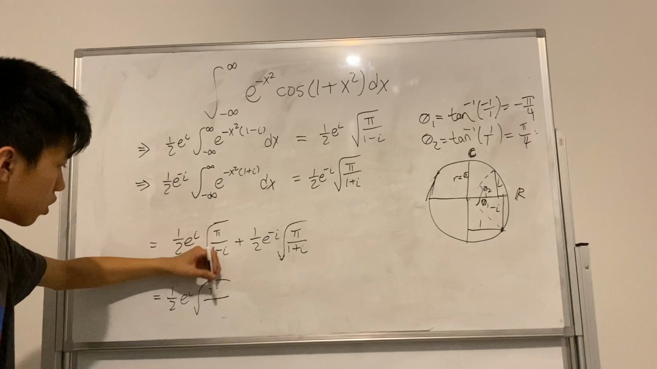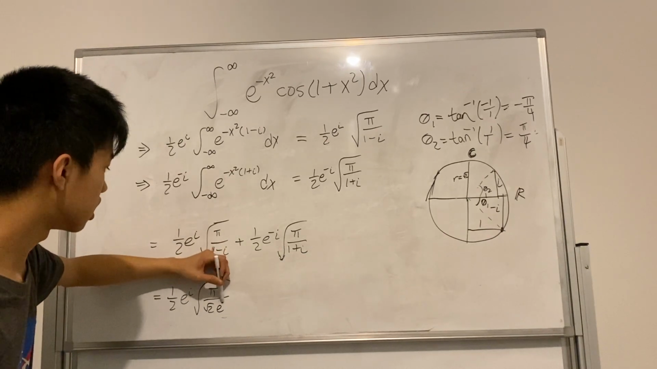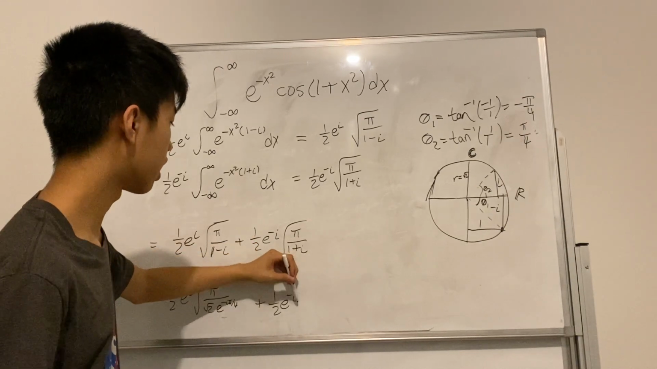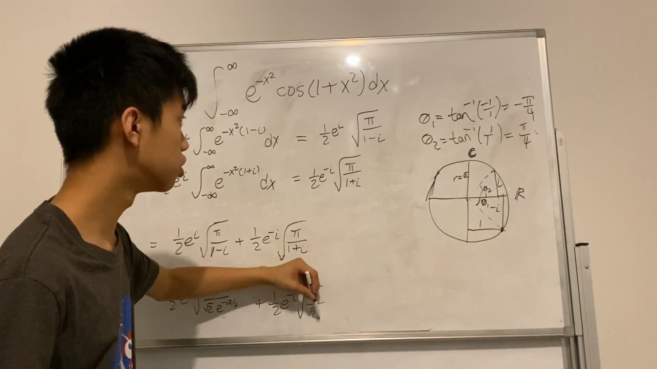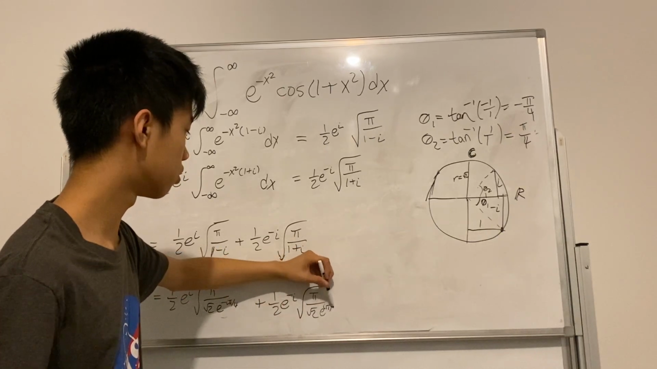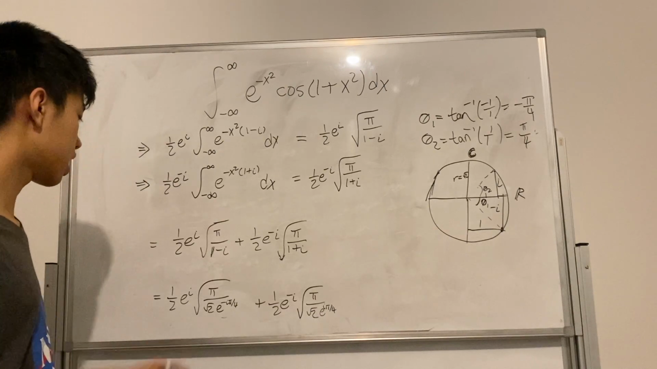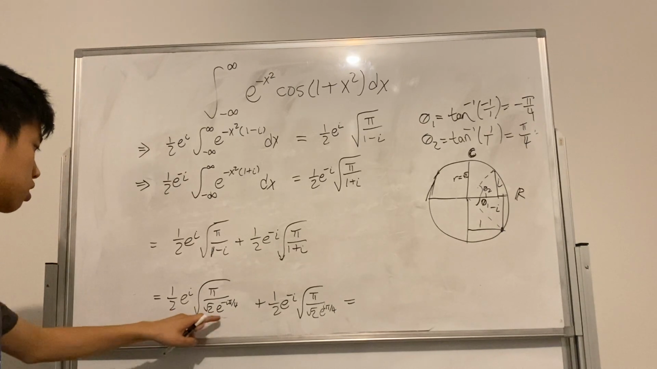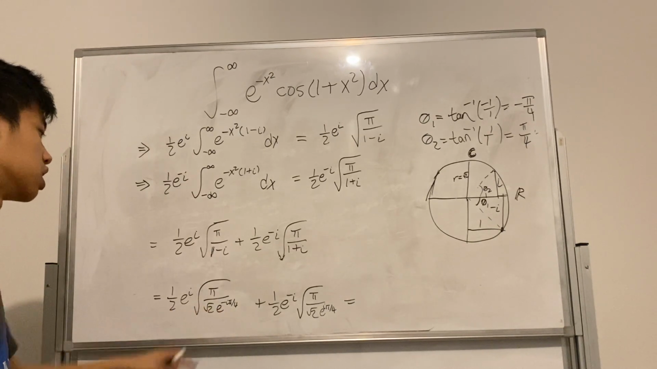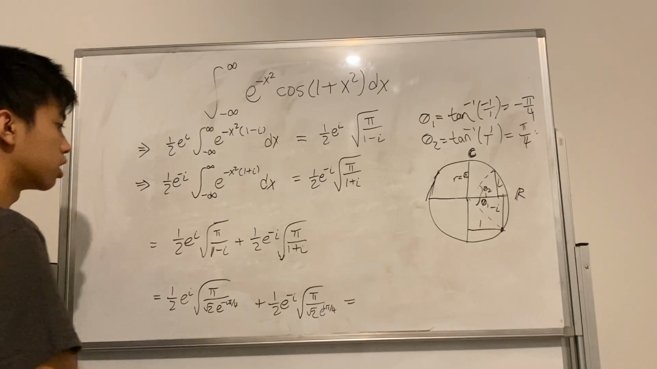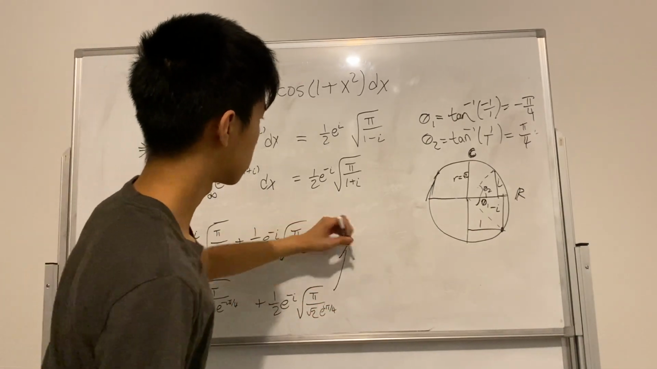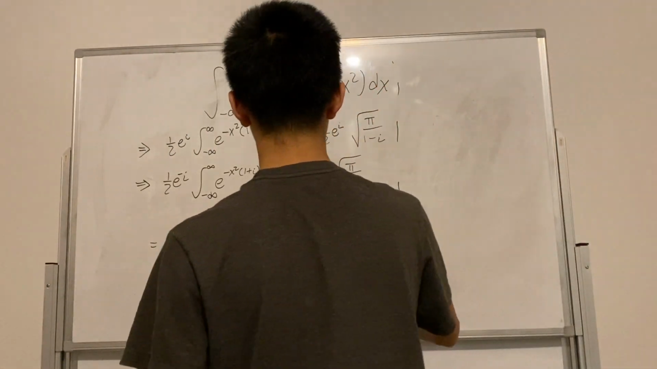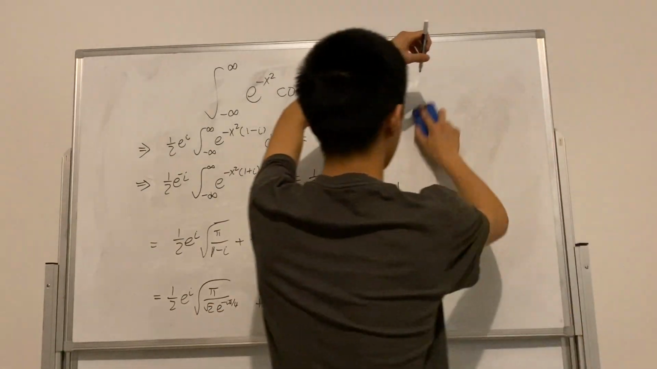So over square root of 2 e to the negative I pi over 4, plus 1/2 e to the negative I square root pi over square root 2 e to the I pi over 4. So now we can simplify this further by taking this e to the negative I pi over 4 out of the square root. I'm going to erase all of this. So I'm going to bring this here. So this is equal to